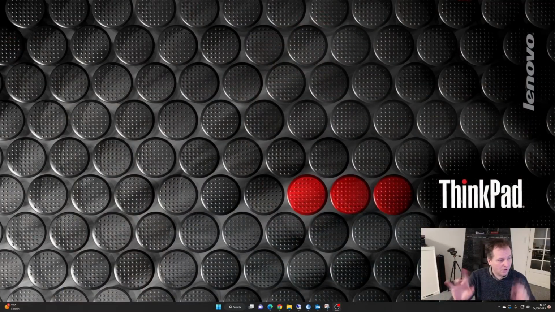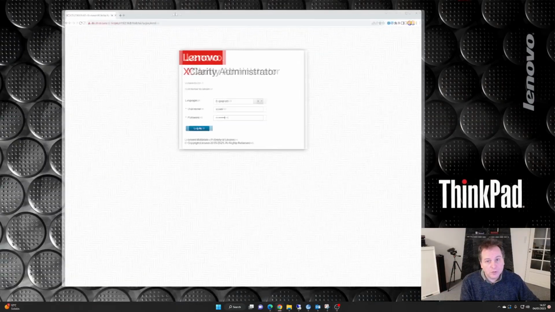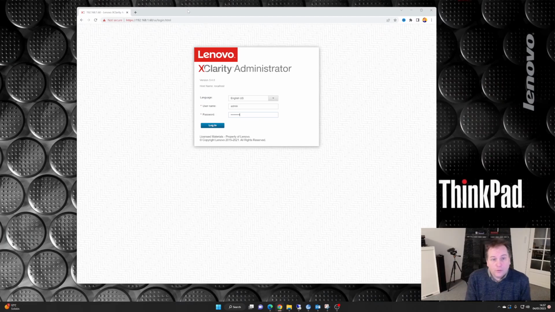Okay, so we moved into the computer now, and let me just change the screen. There, see me in the corner. And yeah, we're gonna go into my Lenovo XClarity Administrator. I have deliberately logged out again so that we can log in, and so it looks like this. It runs off my VMware machine. It's a virtual machine, and it has an IP number and stuff. So let's log in,